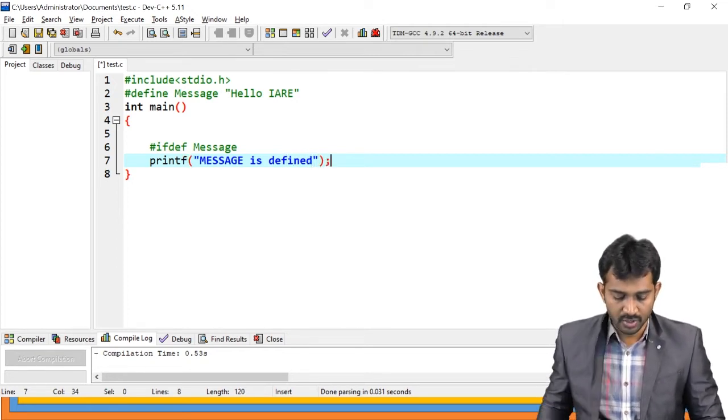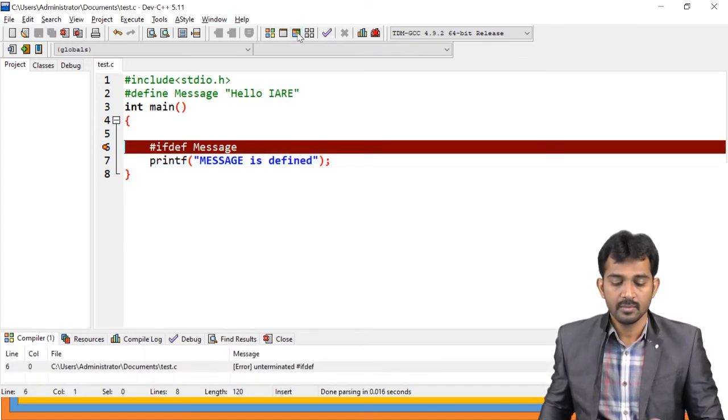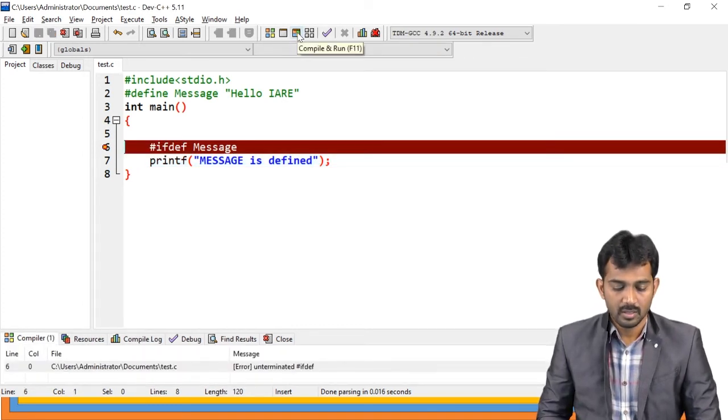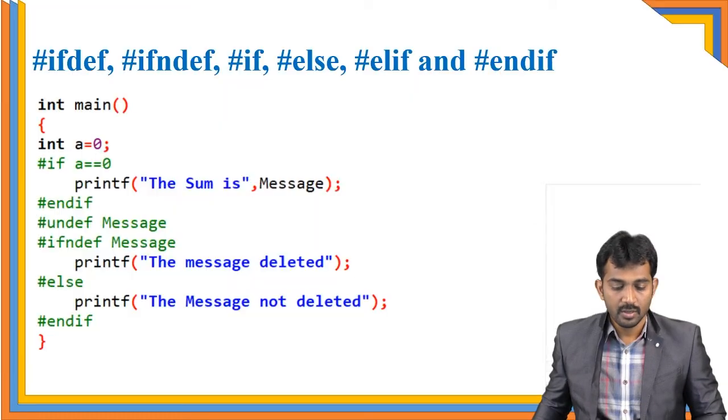Observe clearly. If you run this code, yes.